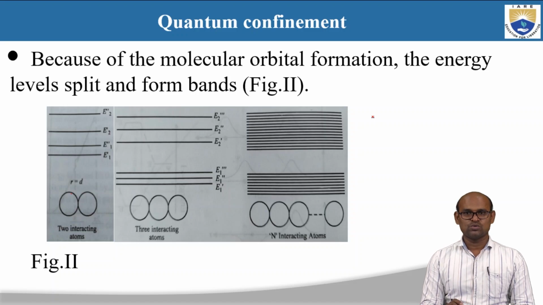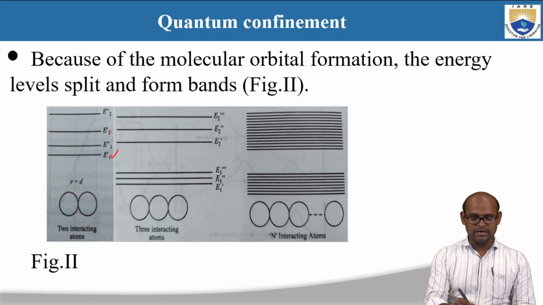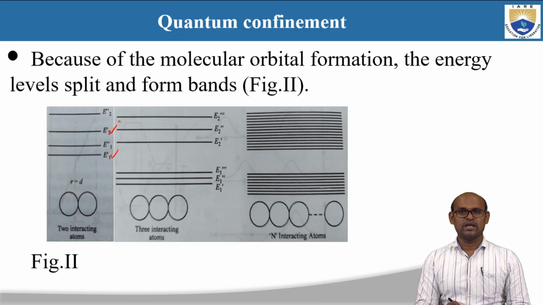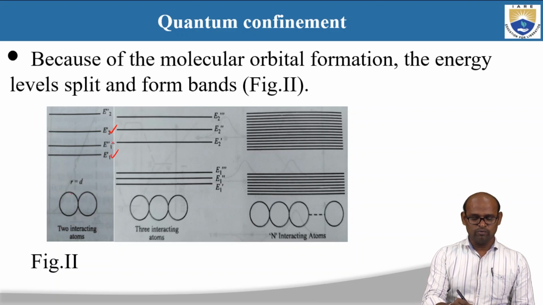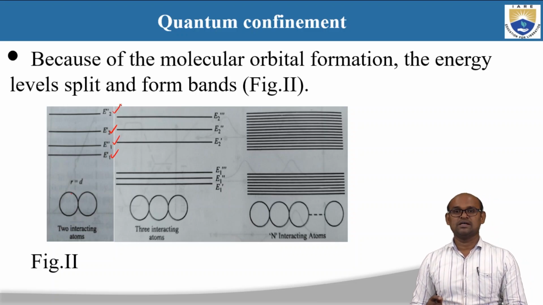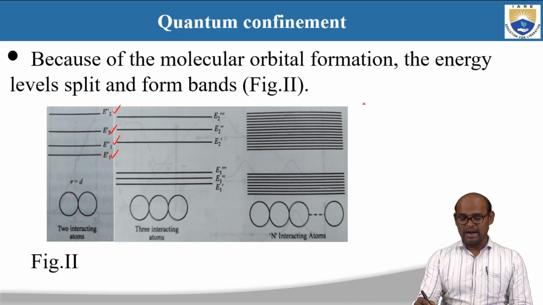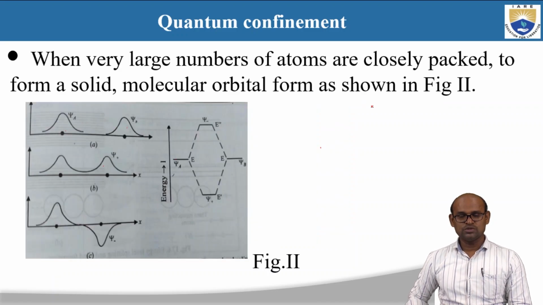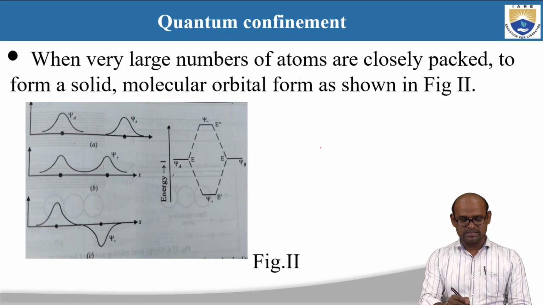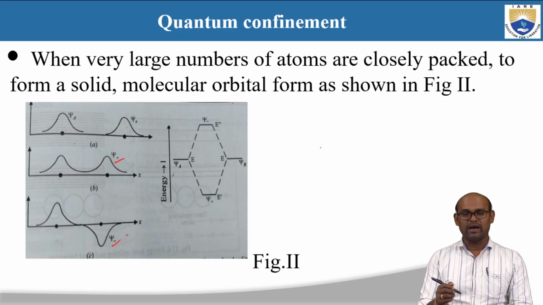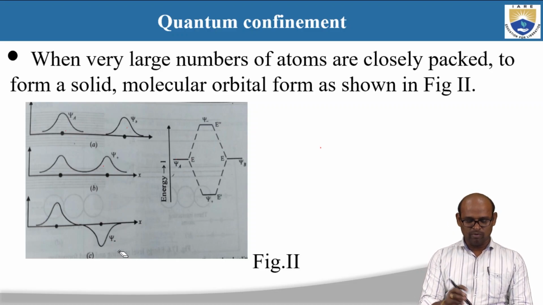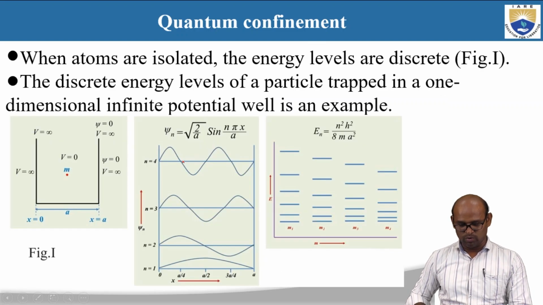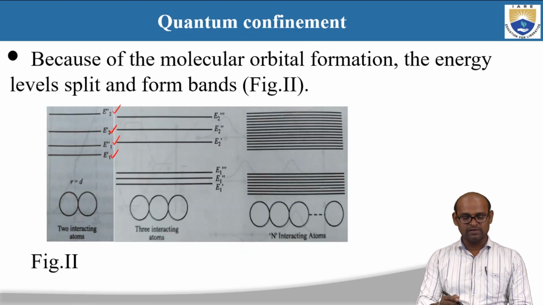Each hydrogen atom has only one energy level, E1 and E2, but now these two energy levels have split into E1 prime and E2 prime because of bonding orbital and anti-bonding orbital. These two orbitals can overlap in two ways, psi plus and psi minus. So because of this bonding and anti-bonding, these two energy levels are going to split into four energy levels as shown